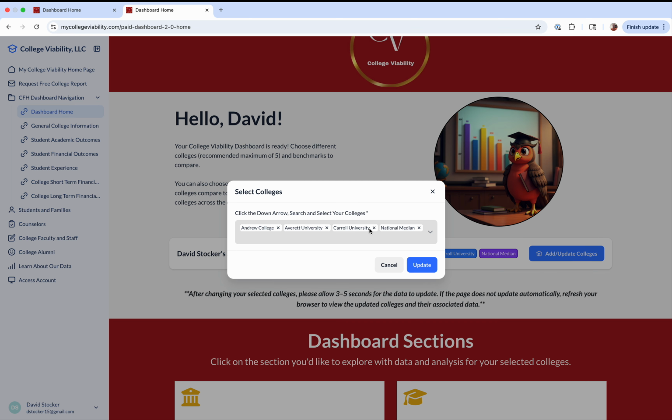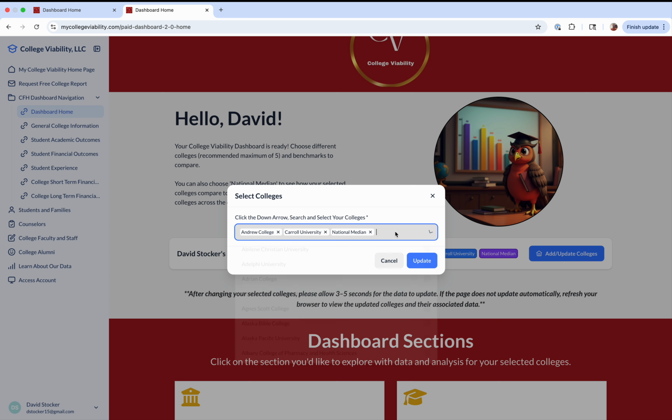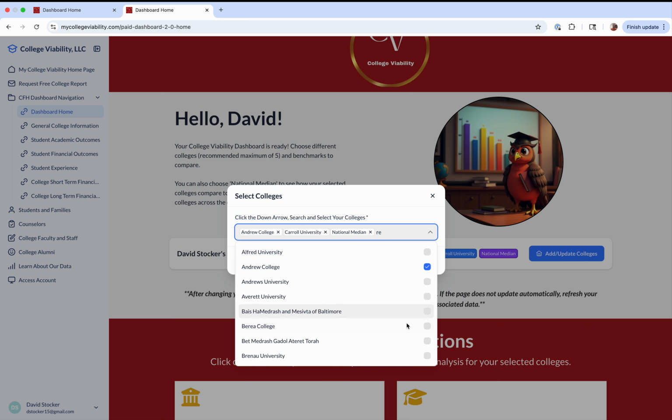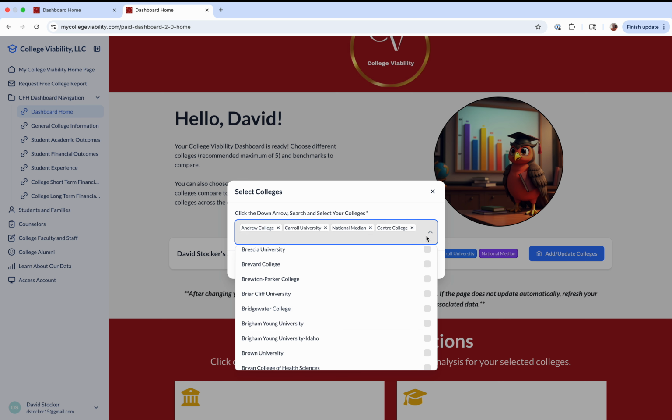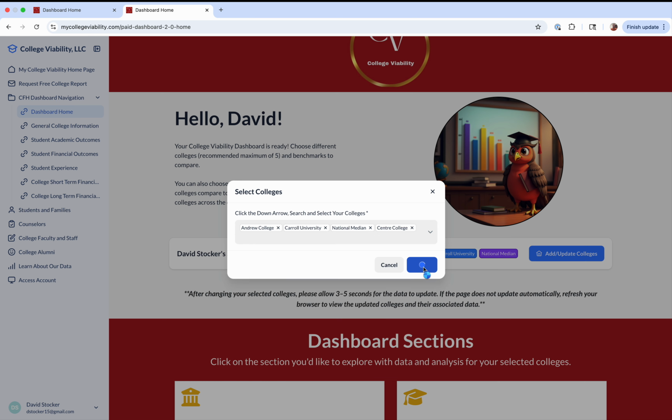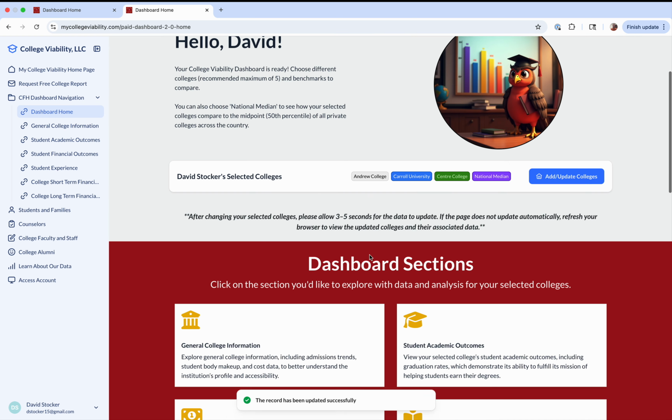You can select or deselect the national media, and you can change whichever colleges you would like. So if I'd like to add a particular college, I can search or find that college, click the check mark, it will be added, and then you update that college, and that college will carry forward to the rest of